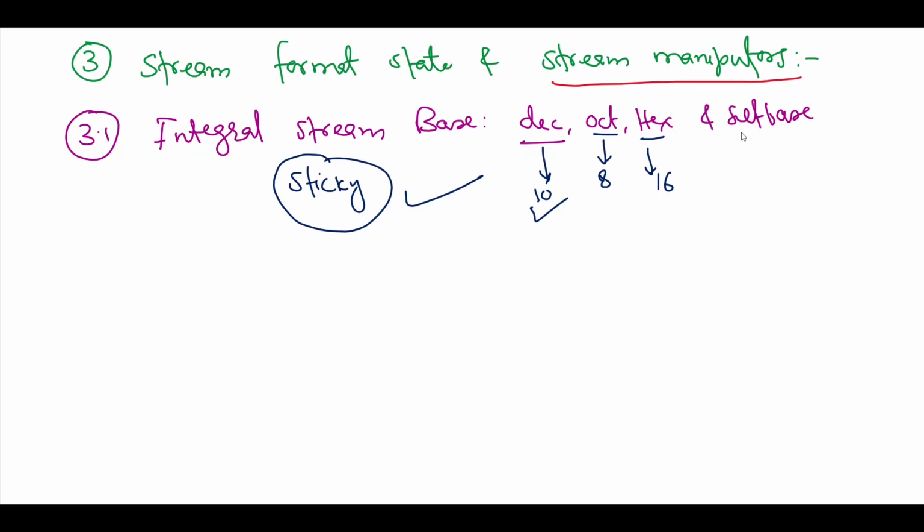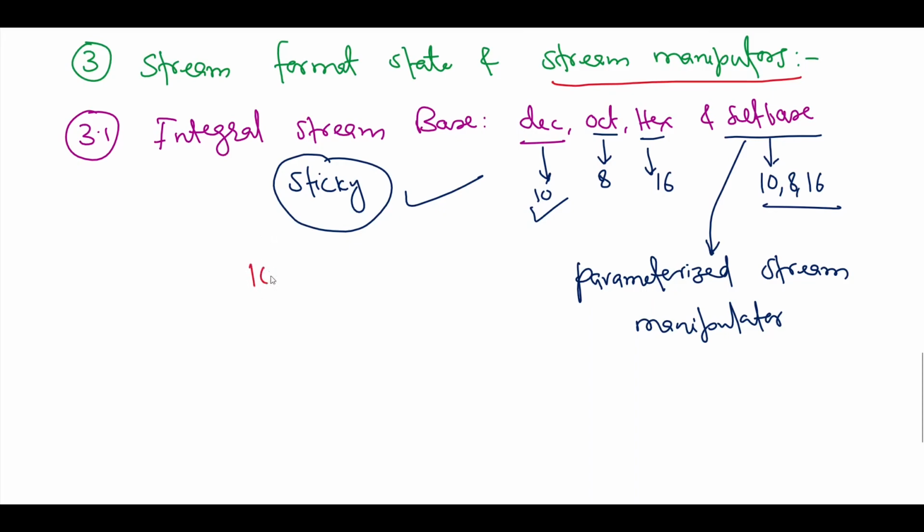You can also use the setbase stream manipulator and change the base of a number. It will basically take some argument like 10, 8 and 16 and set the number format to decimal, octal and hexa. And as it is taking these arguments, it is also called a parameterized stream manipulator. Using all these things, you need the header file iomanip, which means input output manipulation. So don't forget to include this whenever you are creating a program for input output manipulations. So suppose you have a number x which is 10 and you want to print it in different formats.